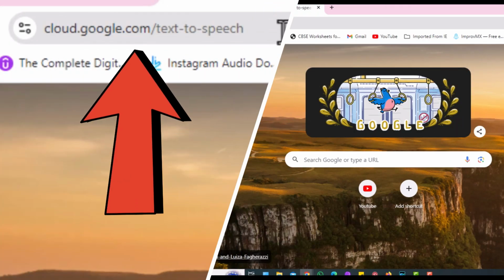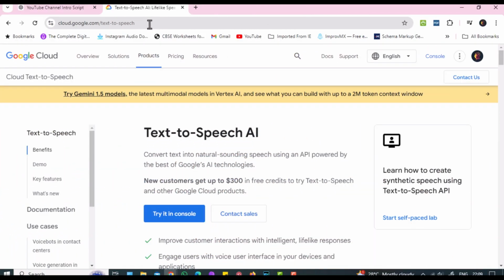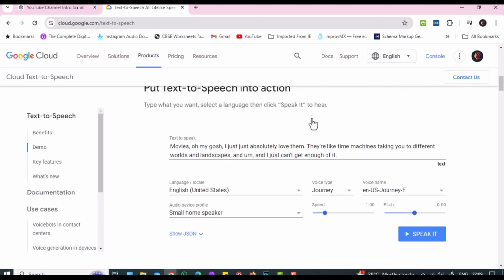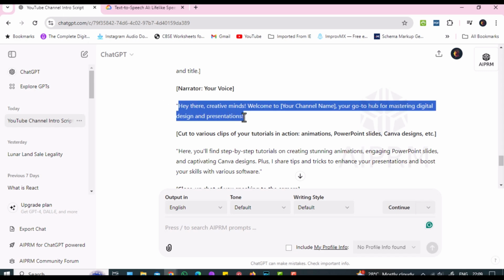Go to another tab and type in cloud.google.com/text-to-speech. Scroll down a little. There is an option to paste the text. Go to the ChatGPT tab and copy and paste the required text in the space provided.